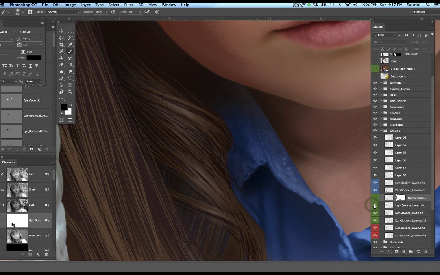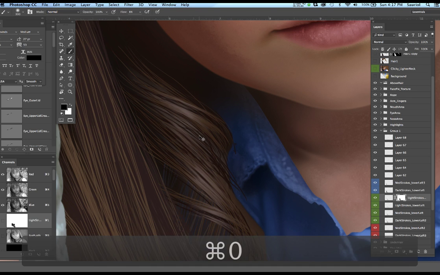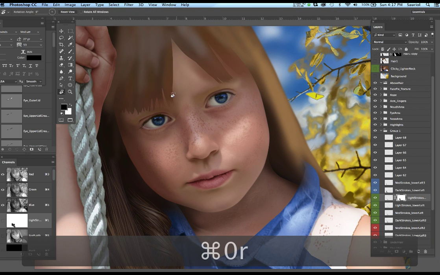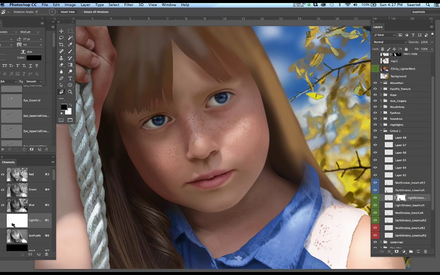Here comes the hair that's like that. Here comes the hair that's the upper hair. Now, what happened is it allowed itself to Gaussian blur out a little more. So let's hit Command 0. Let's hit the R button and reset the screen. And now you can see how that just looks like